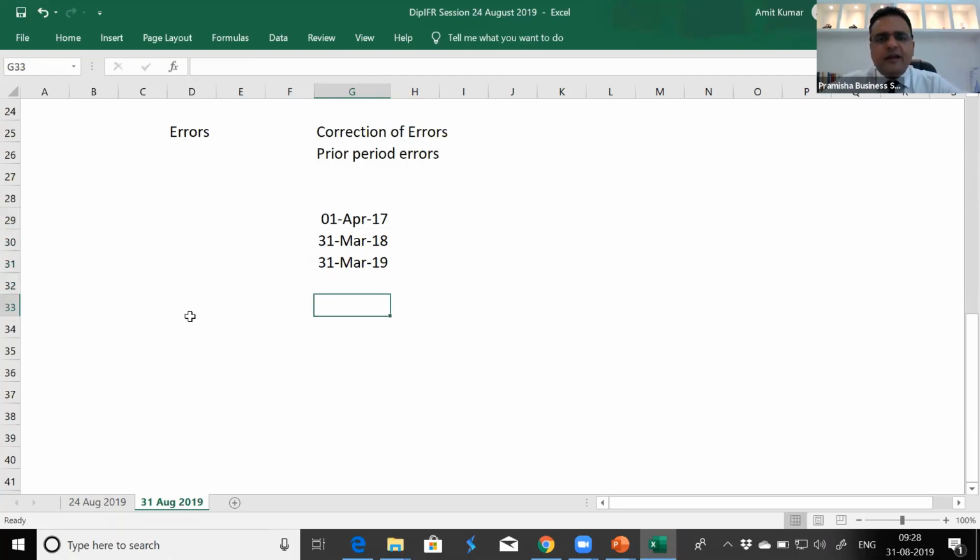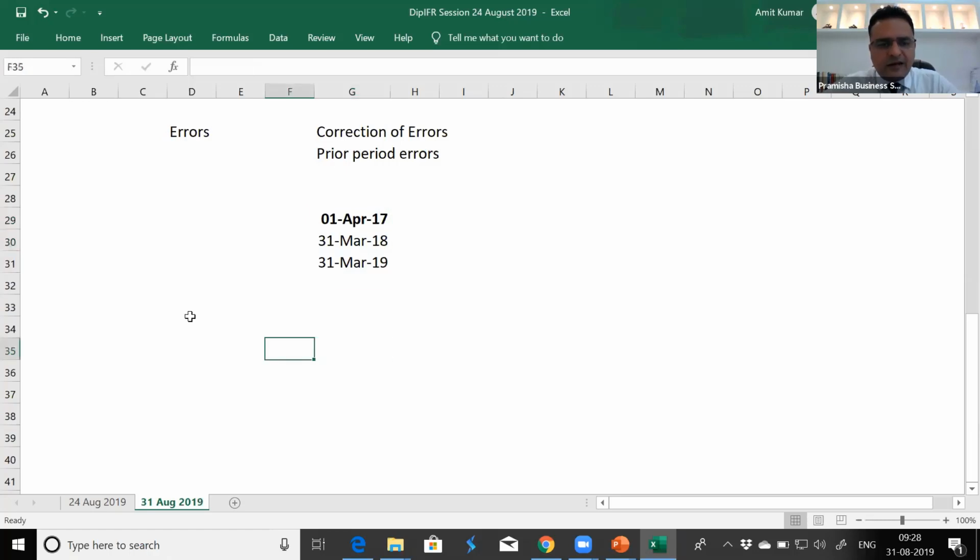Now, any error which belongs to a period before 1st April 2017 is known as a prior period error and will be adjusted in this additional balance sheet. But if that error belongs to the period from 1st April 2017 to 2018, we will correct it in the comparative balance sheet which we are publishing along with the current year balance sheet. If there is an error belonging to the current year, it is automatically corrected in the current year.